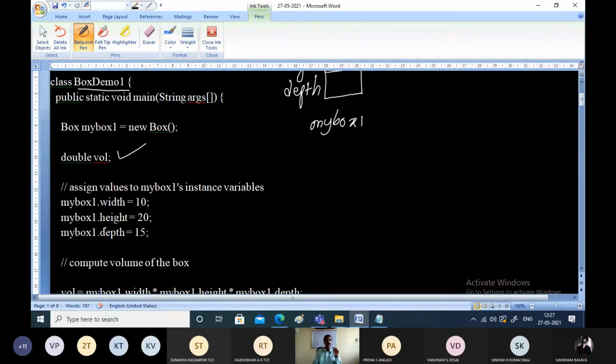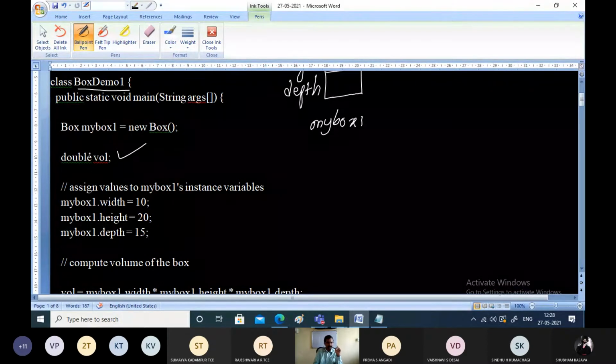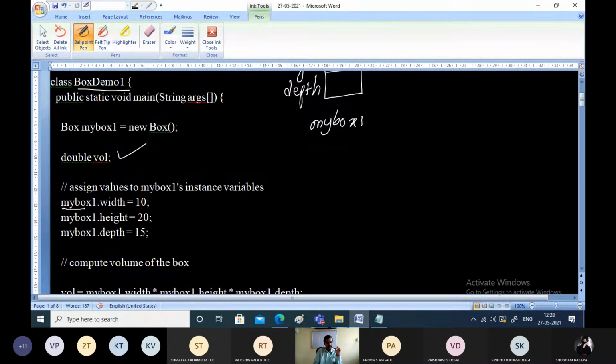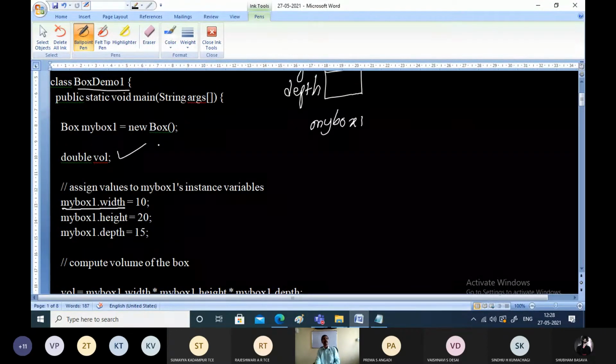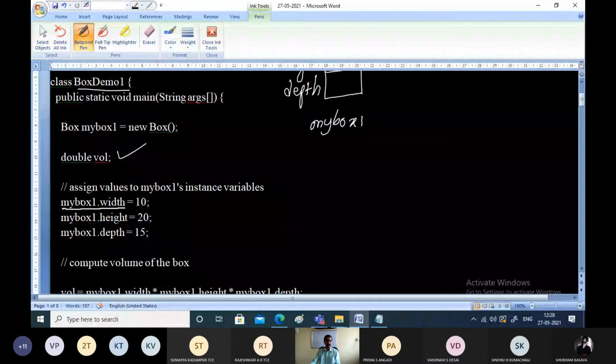Members of a class are accessed by using the name of the object, followed by the dot operator, followed by the member name which you want to access. So with this line, we are trying to access members of the object, specifically, because we are dealing with objects in real-time situations.